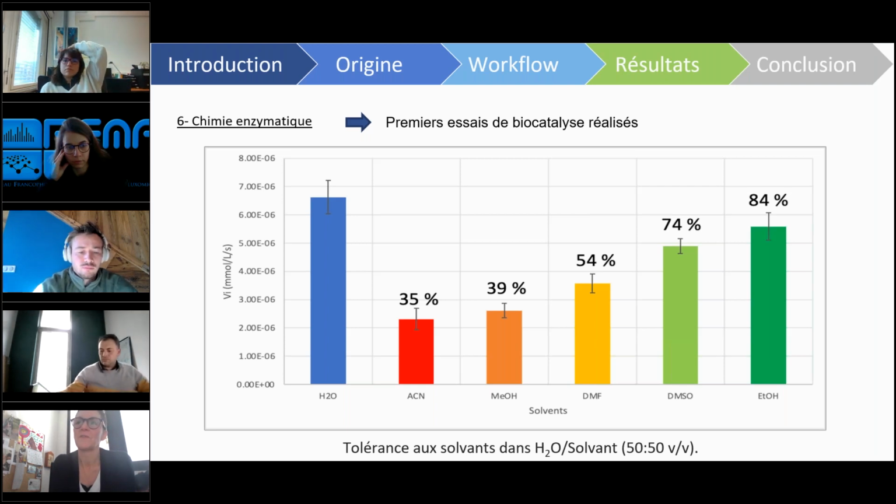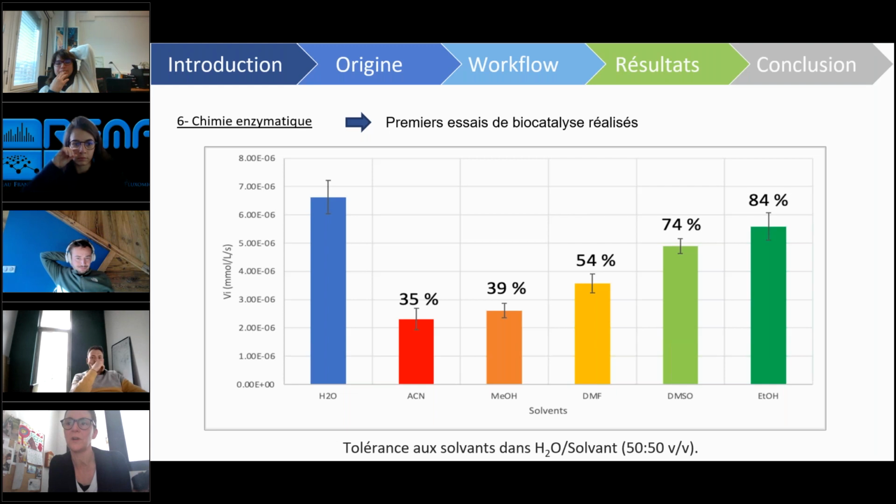And what is very interesting with VHPO is that these are enzymes that you can put with some solvents and they can tolerate them. Here you can see that the best solvents where it keeps most of its activity are ethanol and DMSO, which was quite interesting. If you compare to the other enzymes that I showed you before, they are really more robust, and they are more prone to be used for green chemistry or biocatalysis.